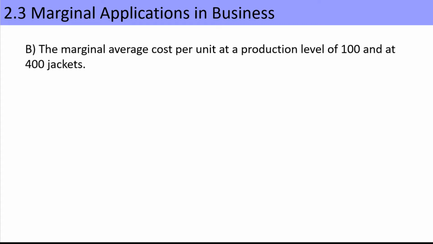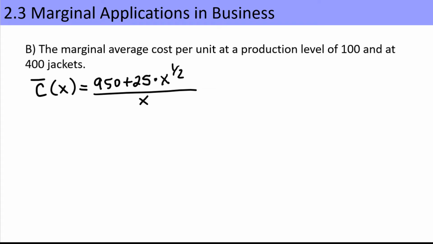Part B. The marginal average cost per unit at a production level of 100 and at 400 jackets. To find the marginal average cost, we're actually going to have to compute the derivative. So let's begin with the average cost function we computed for part A. That is, average cost is equal to 950 plus 25, and instead of writing the square root of x, I'm going to write x to the 1/2,